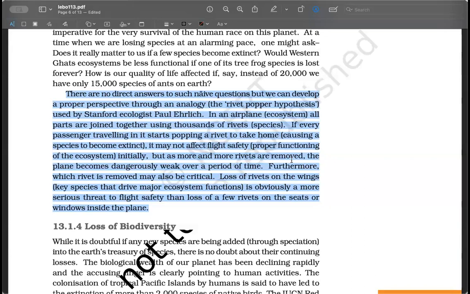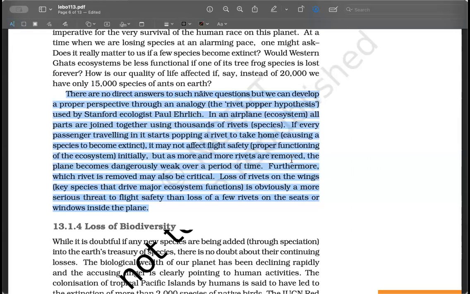But of course, if it is a predator that's gone, if tigers disappear, they are the most important part of the plane, like the landing gear. If they are gone, the whole jungle ecosystem collapses, right? Nothing keeps a check on the consumers like herbivores, and then nothing keeps a check on the plants. So you are right that in some sense, what matters is where that species comes in the hierarchy. And the second thing that matters is how much loss we can bear.